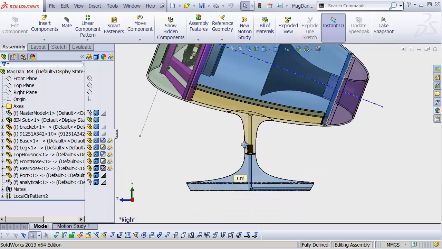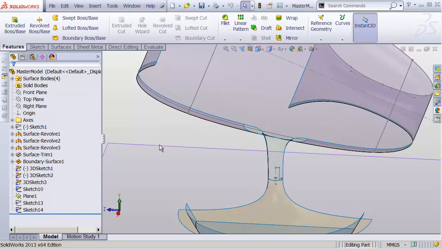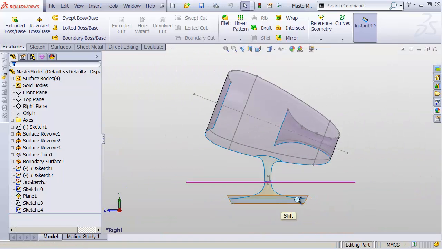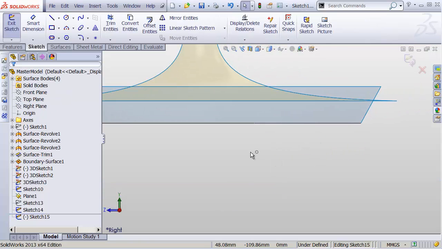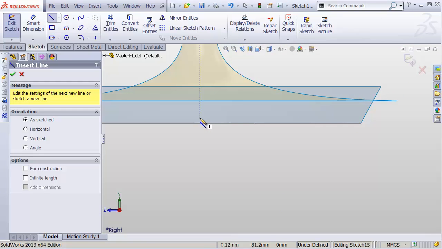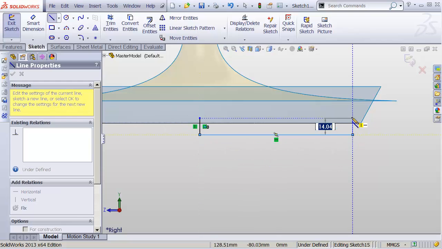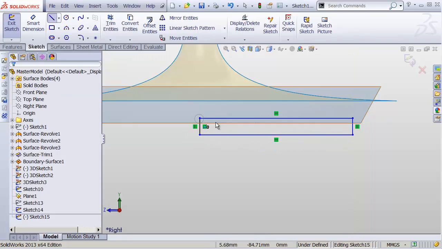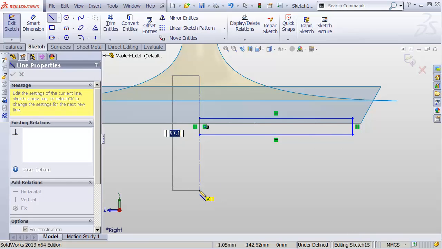Adding a foot to this base is going to be super duper simple. Let's just open up our master model and head to the side view here. I'll zoom in. We're going to create a sketch on the right plane that will represent our foot. And then I'm just going to draw a shape that resembles what I think I want this foot to look like. I'm going to make it roughly rectangular, in fact exactly rectangular, and draw a center line down the middle